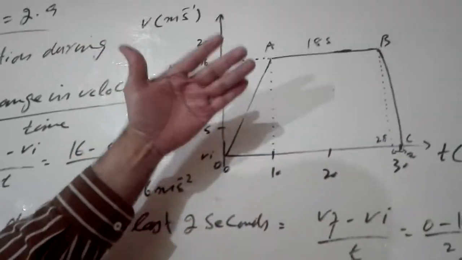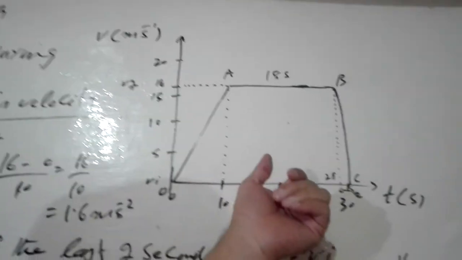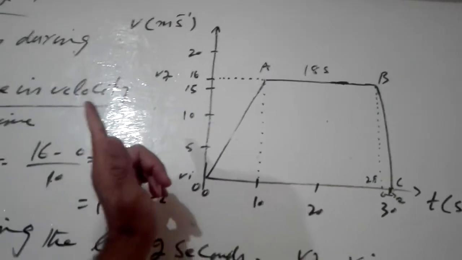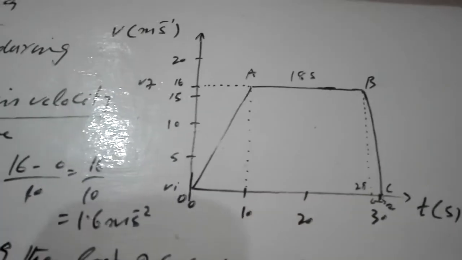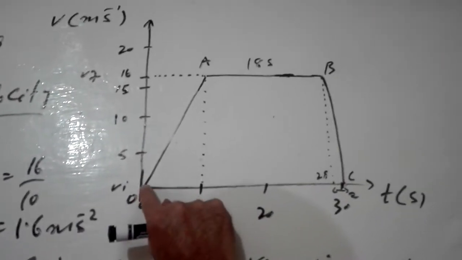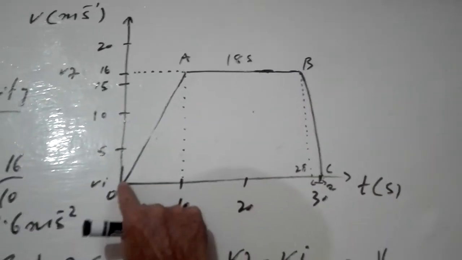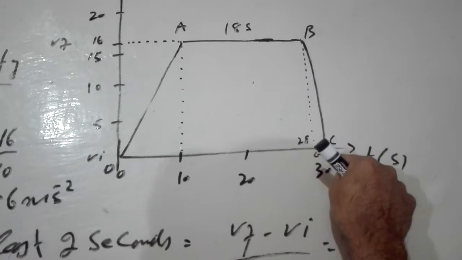So remember what I have told you about how to find the distance from the graph. To find the distance from the graph, there should be a speed-time graph, not a distance-time graph. And we have that speed-time graph. If we have to find the total distance, we have to find the area under the curve. Notice the motion has started from here to point A, then B, and then C.